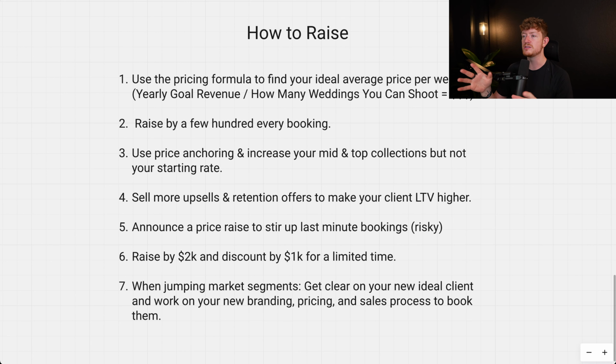Great model, because overall now, if they paid you 5K for the wedding and you don't offer them anything else for the rest of the client journey, then you have a 5K lifetime value for your client, and that's whatever. But then if you sell a $2,000 album and then a $1,000 family session and then a $500 bridal session or whatever, now that client lifetime value goes from 5K to 7K, 10K, 15, 20K sometimes over the entire lifespan of the client. How many times are they going to want family sessions?